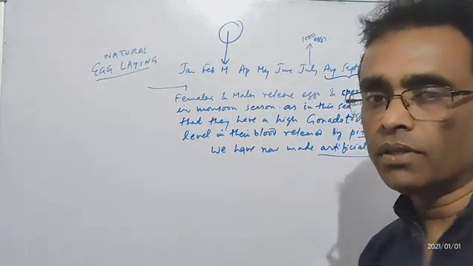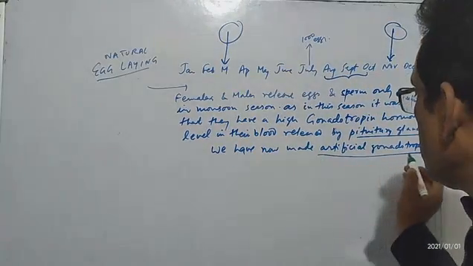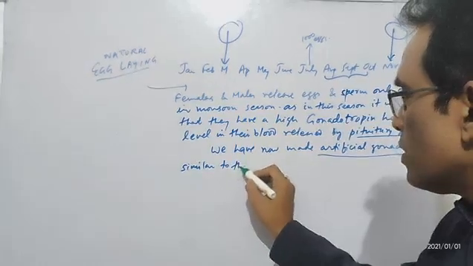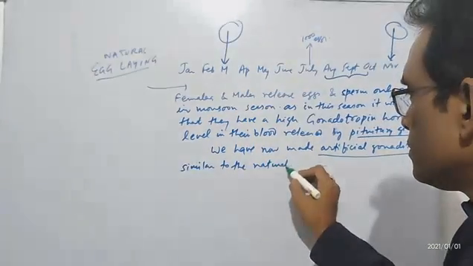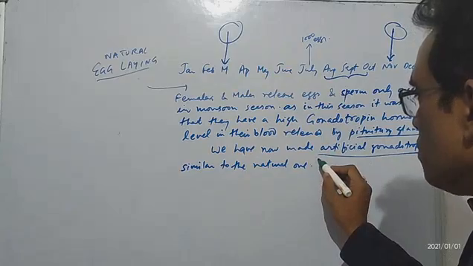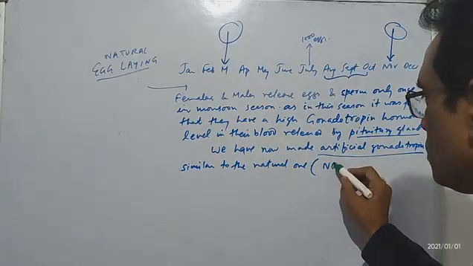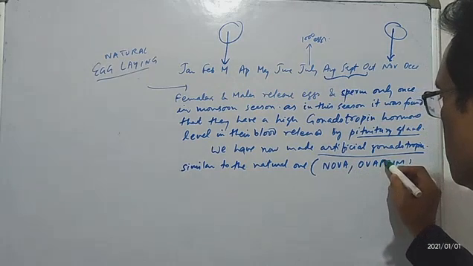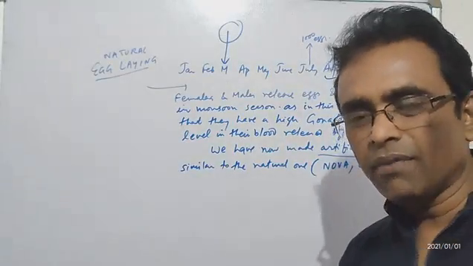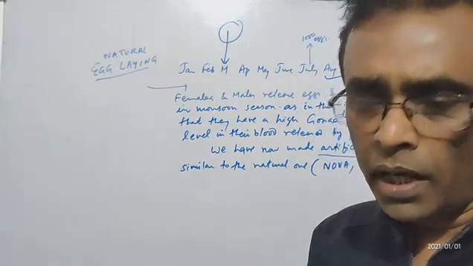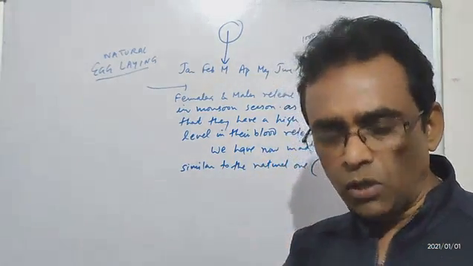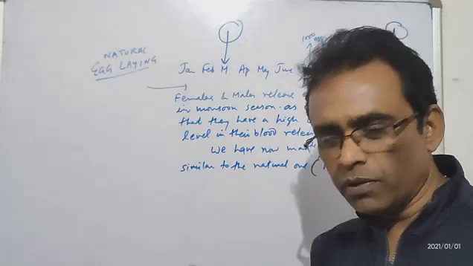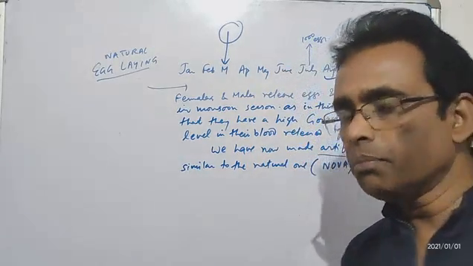advancement in our science and technology. Artificial gonadotropin similar to the natural one, and it is sold in the market. It is available in the form of, if you can call Nova or Ova Prim. These are the marketing names of this gonadotropin, available in the form of injections, and you need just 1 ml to inject them below the pectoral fin. नीचे जो बॉटम पर जो फिन्स होते हैं, दो छोटे फिन, उसके बेस में इसको इंजेक्ट करना पड़ता है.